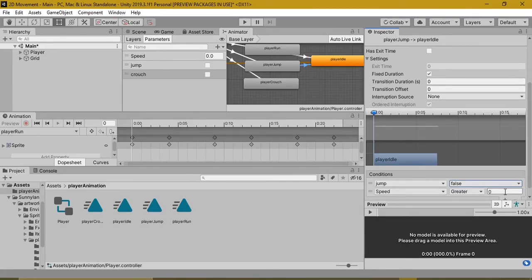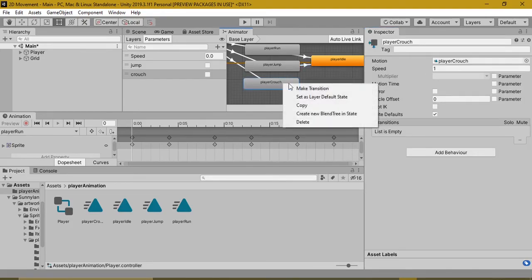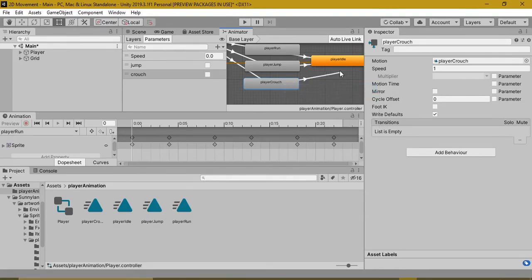And we'll also make, see, in this case we are making two conditions. Now if the character is in player jump animation and it has to go to player idle animation, then both the conditions have to be satisfied. And I'm not going to put another condition for player crouch, because when the player is jumping, he of course cannot crouch.